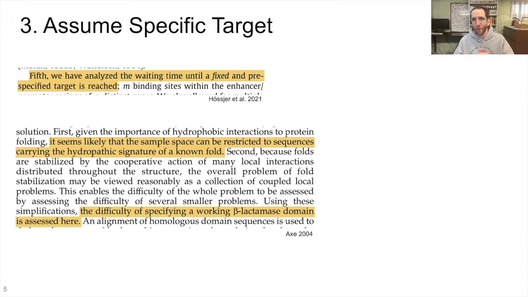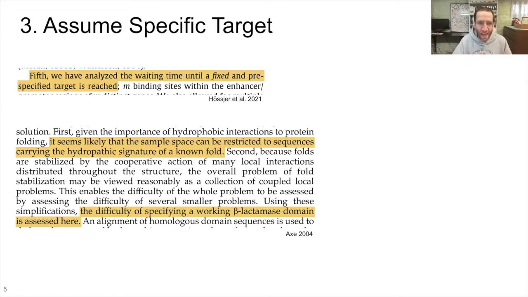The third and final kind of conceptual error that creationists make here is that they assume a specific target. And we could see this again in the 2021 paper I previously referenced, and also in a paper by Douglas Axe from 2004. In the 2021 piece, they say, "Fifth, we have analyzed the waiting time until a fixed and pre-specified target is reached." And back in 2004, Douglas Axe, in a paper that's not exactly a waiting time problem paper, but along those lines,